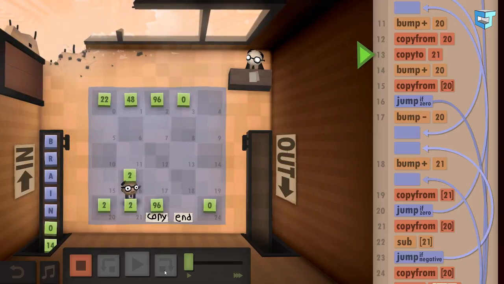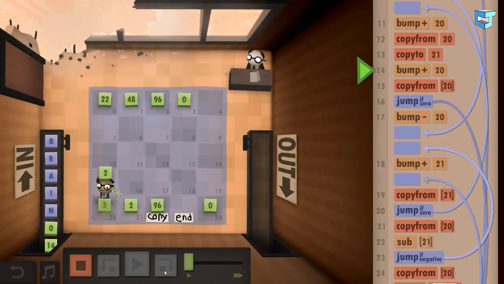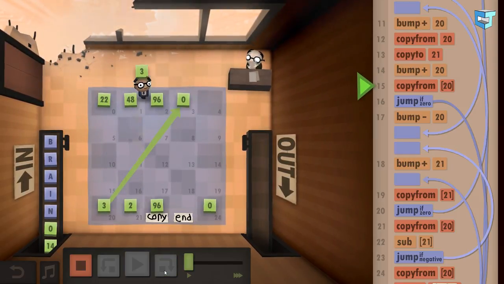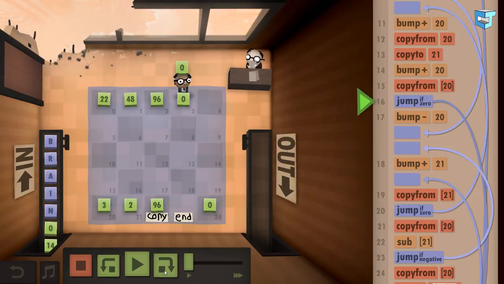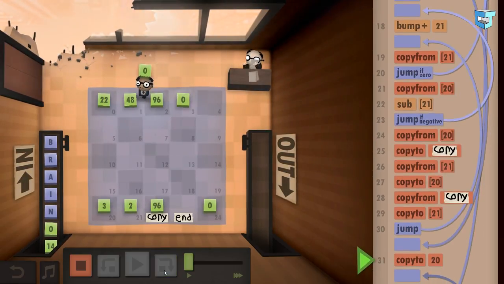Copy to 21. We're bumping 20, copying from 20. And if it is 0, we jump